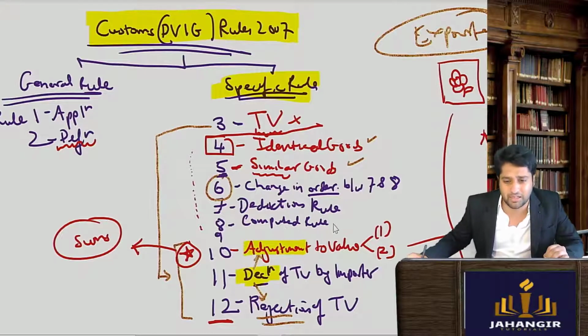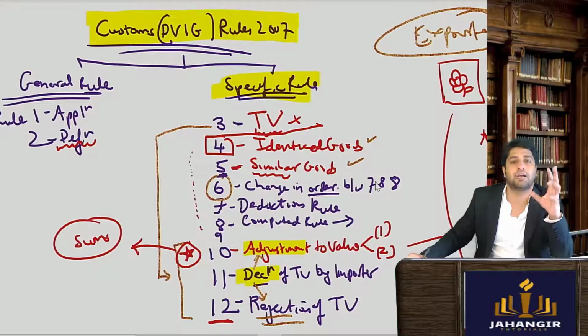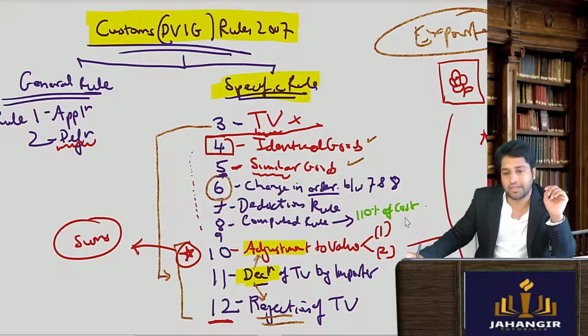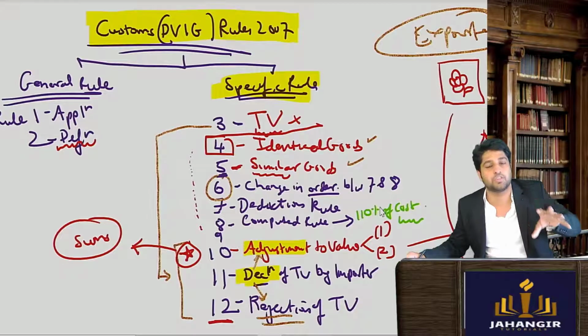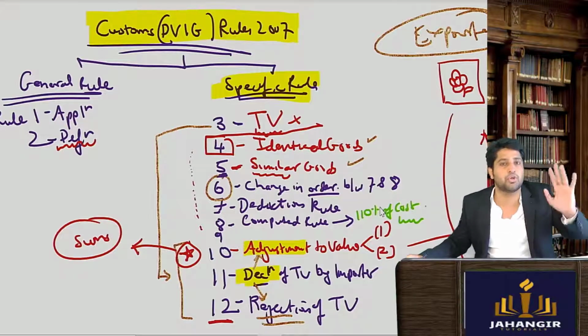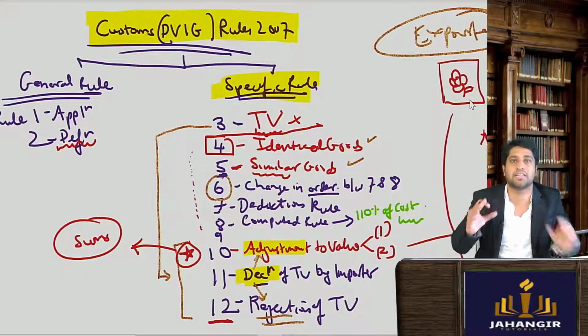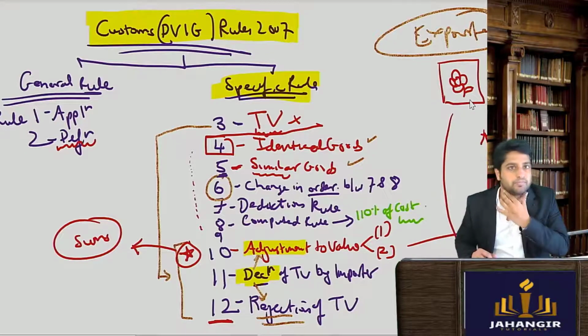Computed value is very simple. I can tell you now only. If I don't know the value of the goods, okay, I want to find the value of the goods. और identical goods भी नहीं है, similar goods भी नहीं है, तो क्या करना? So we will simply take 110% of cost of the goods to be the value. 110% of cost of goods is the value. For example, the cost price of the goods is 1 lakh. We find out that the cost of the price of goods is 1 lakh. Then what will be the value of the goods? So it is assumed that it is 110%. That is 1,10,000. 10,000 is considered that 10% is notional profit.